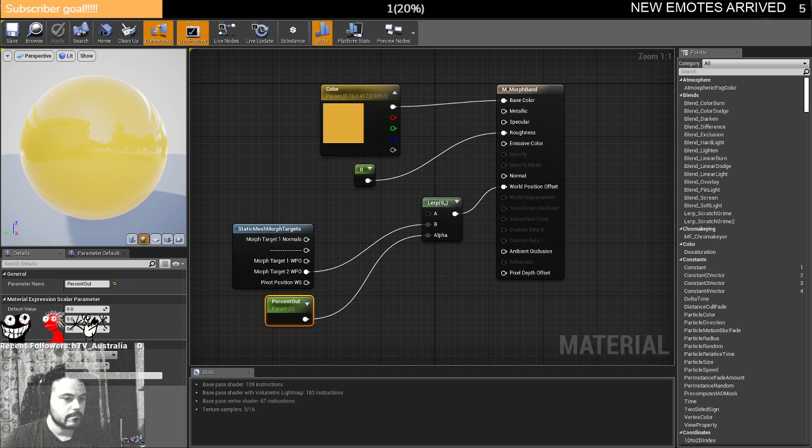percent out. Wait a second. And initially that's going to be a value of 0. But if I was to push that up to 1, it would be popping out. So with that done, it's essentially all I really need done for this material, because we're going to be... So if I change this to 1,